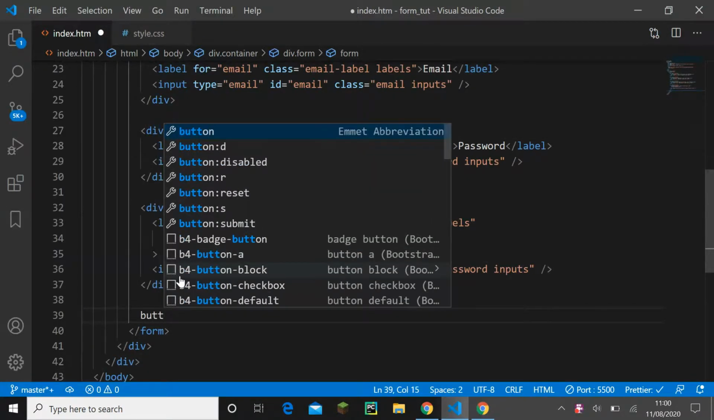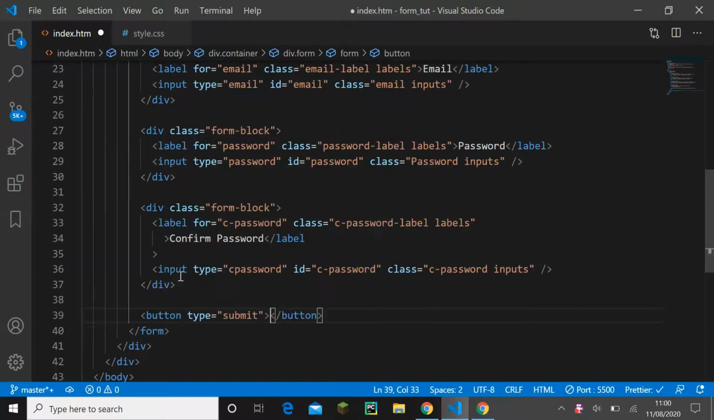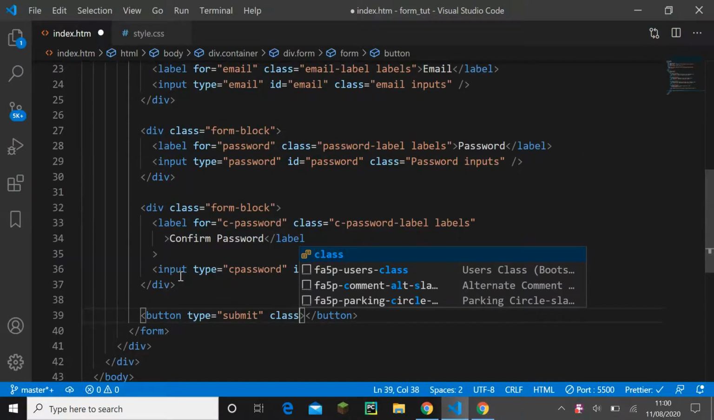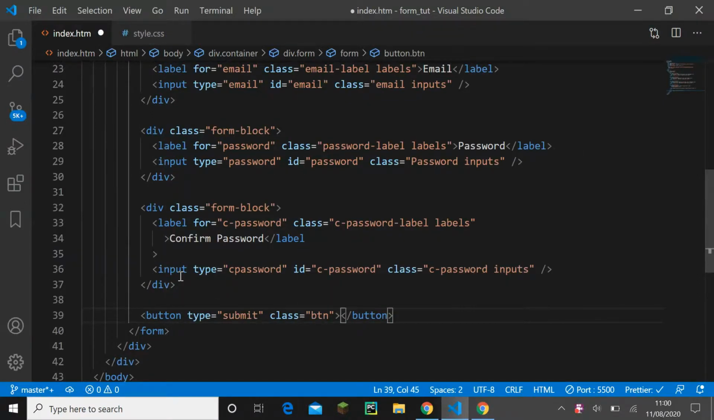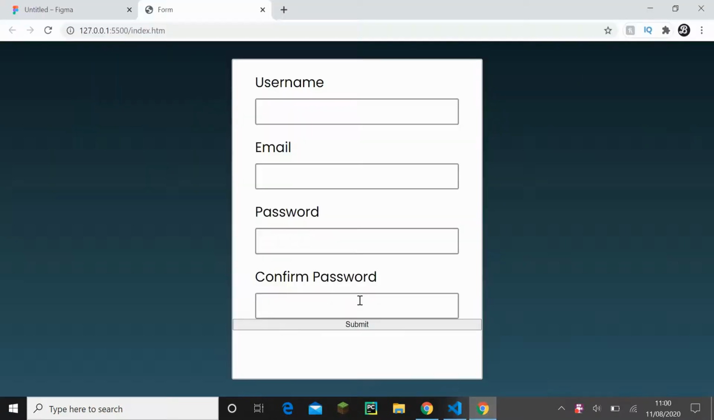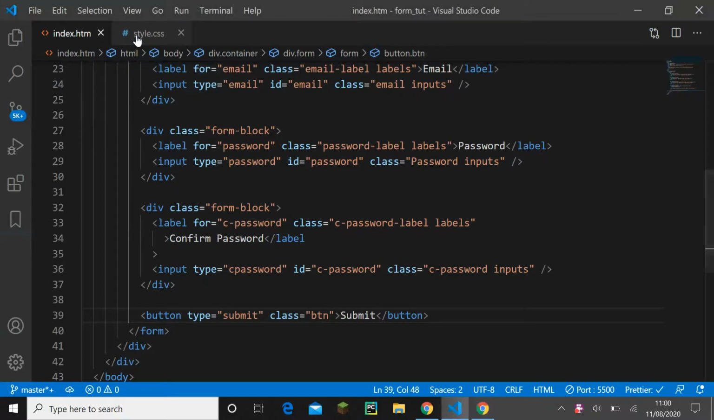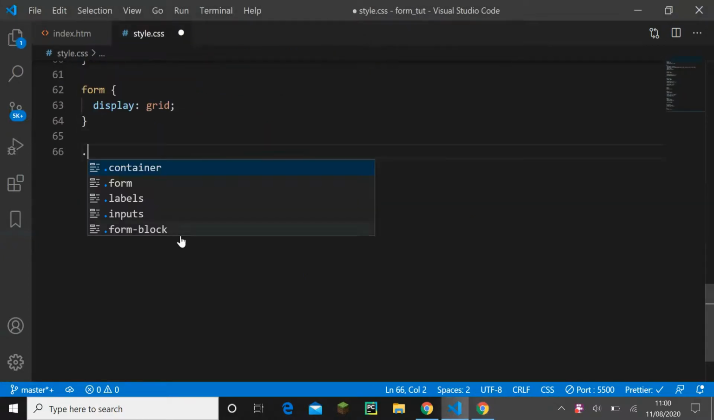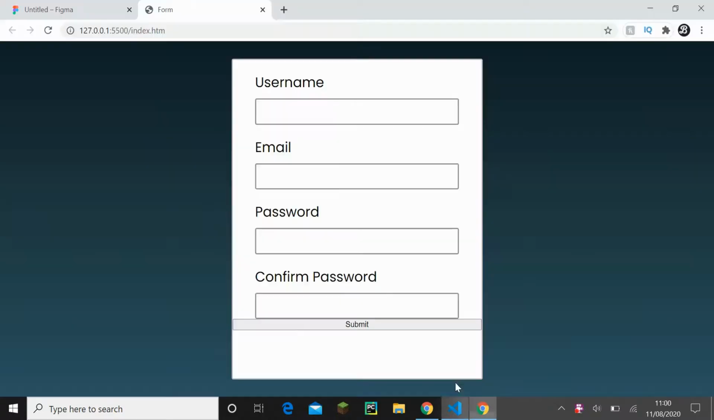So button submit, and give that class of btn. Give me submit, and we've got a submit button here, so we want that to be .btn